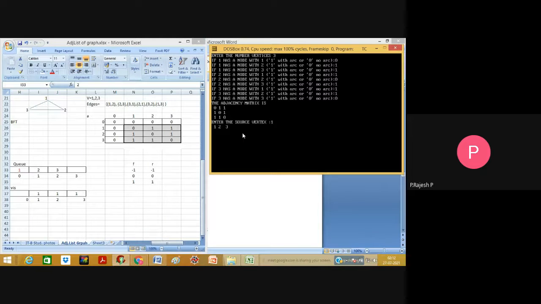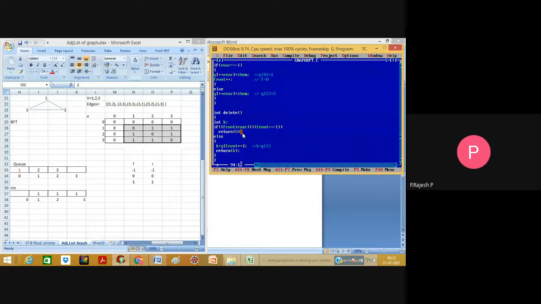Right, so this is how it works. We'll check it out with the DFT also.